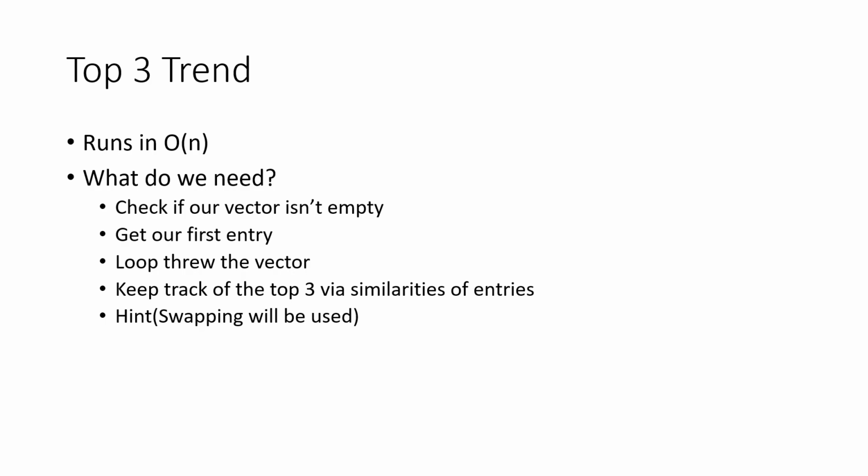Now, top 3 trends. It runs in O of n. What do we need? Well, first check if your vector isn't empty. Go get our first entry, which is the first element of your vector, and loop through the vector. I'm not going to say that there's a specific way to solve this. There's multiple ways to solve this. But you can loop through a vector, and in some cases, I've seen students do 3 if statements, saying like,